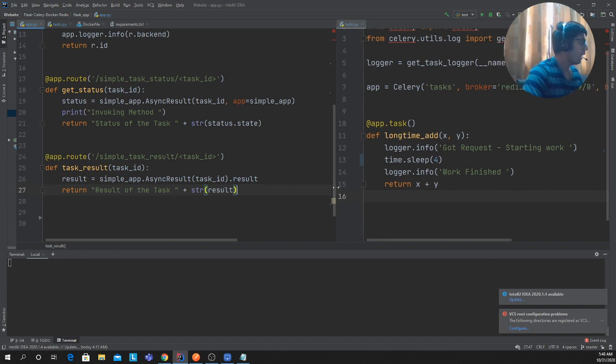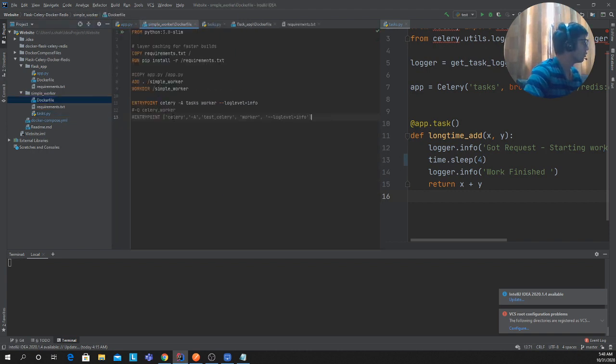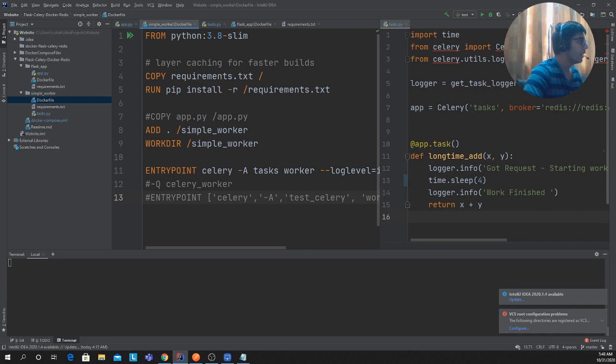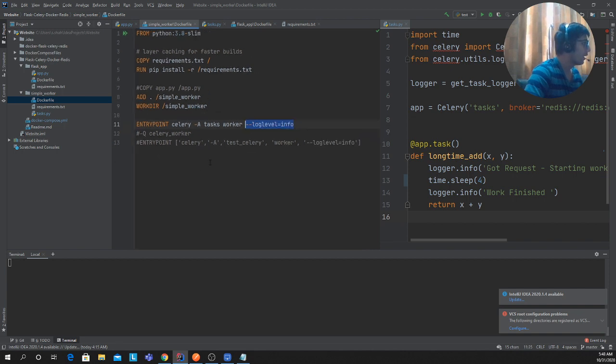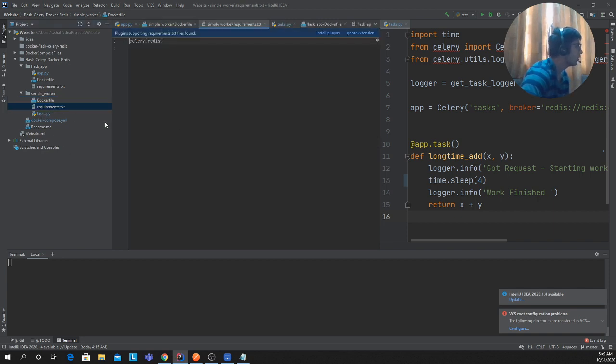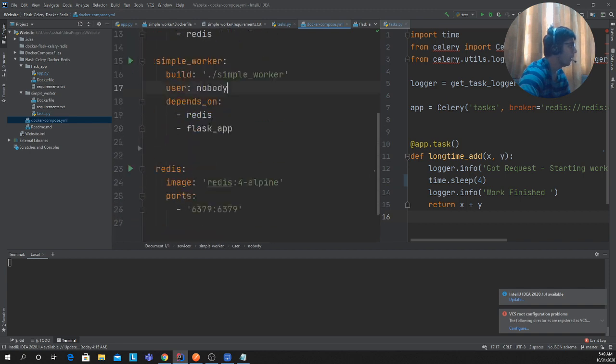I hope this makes sense, how everything is laid out. And just to make sure, we see the Docker container file for Celery. Similarly, we create a work directory, all of that. To start the workers, we say celery -A task worker --loglevel=info. You don't need to add log level info for debugging, it's fine, but you might want to use some kind of burst mode or something like that. Log level info is just for if you want to see the logs. So that's that. You have a requirements.txt; here I just have celery and redis. Task file as usual, same thing. So pretty simple. Let's see the docker-compose.yaml file.